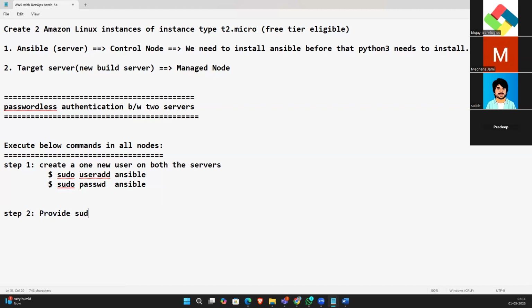Provide sudoers permissions like root user. So where do you need to provide that sudo permission? The sudoers permissions, so go to